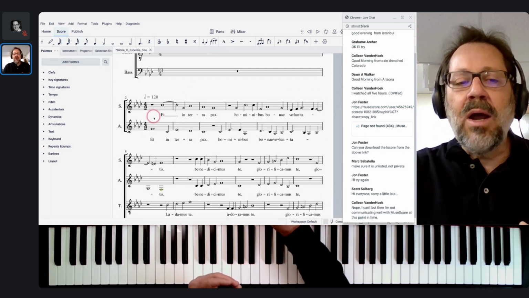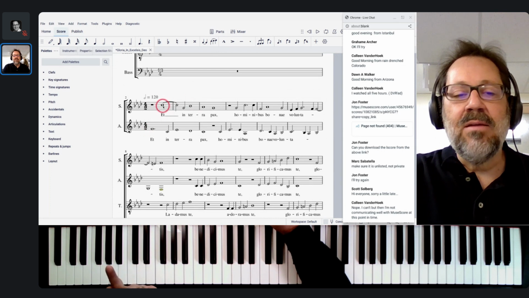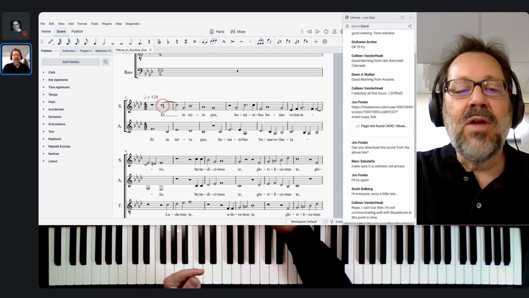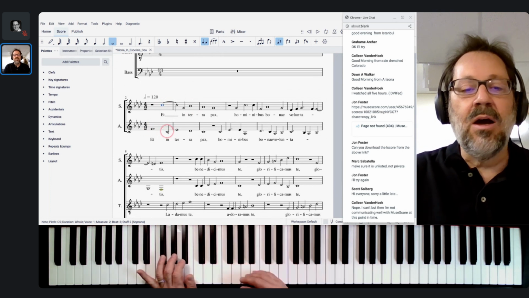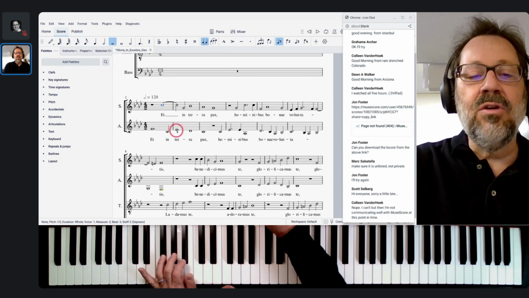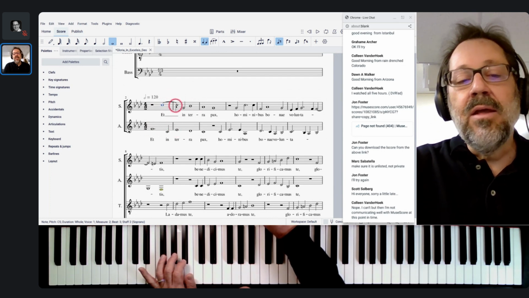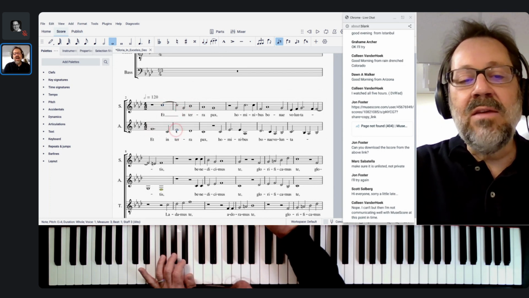So what I'm going to do here is just simplify in that way. We have an F against a C. That's a fifth, right? Then we have the C still sounding while the lower C comes in. That's an octave. Then the upper C continues to sound while an E flat comes in against it. That is a sixth. Then the top note goes down to G while the bottom note, E flat, is still